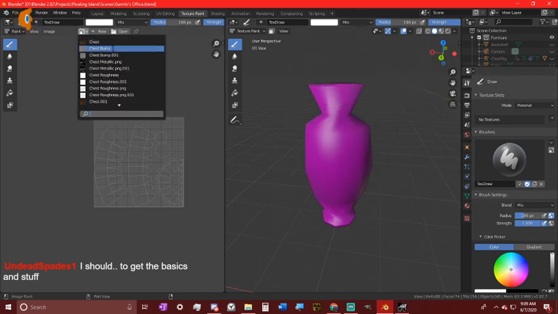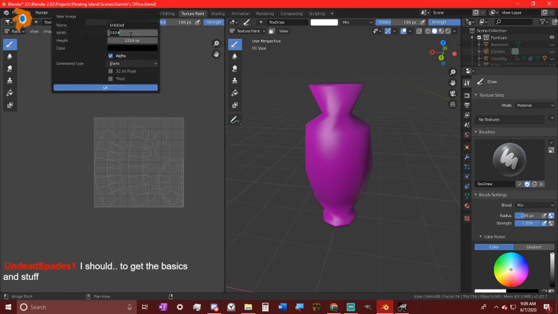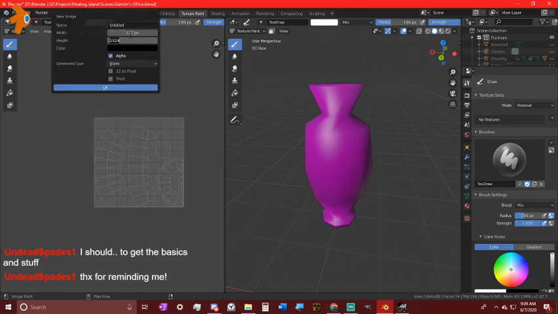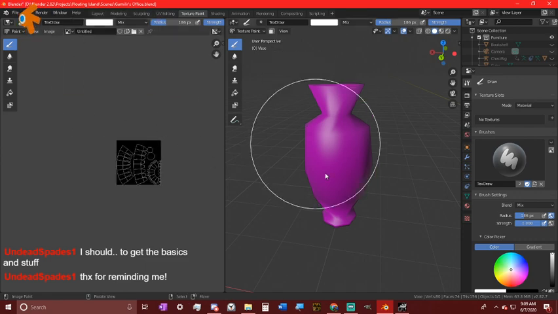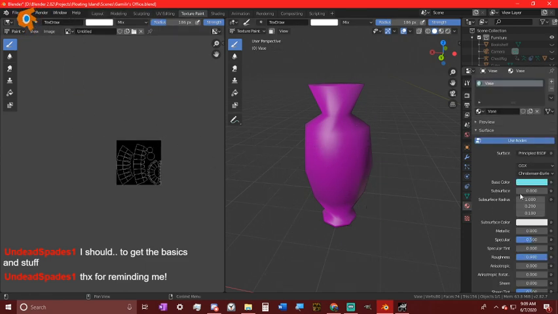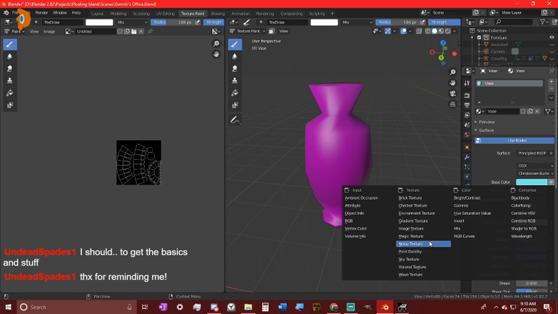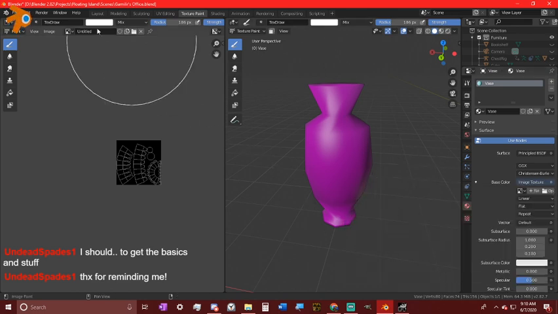Okay, so let's do a new texture. Let's try 128 by 128. That will get us that low res texture. We're gonna go here. We're gonna set this image to image texture. Gonna change this to